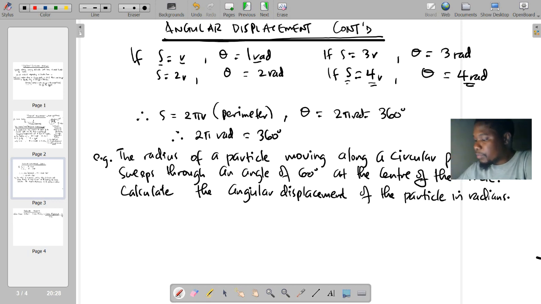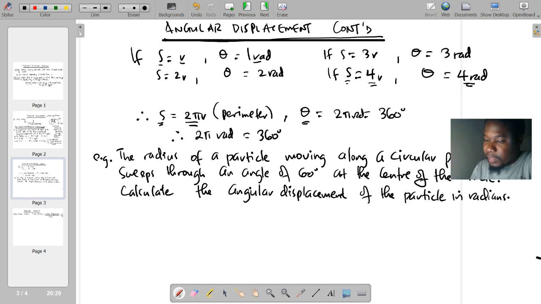But now let's take, we have covered the whole circular path. That means the whole arc of the circle. When we say the whole arc, it means we're talking about the full circumference of the circle. If we have managed to cover the full circumference of the circle, which is 2 pi r, okay? The circumference of the circle is 2 pi r. If we have moved from point A, then back to point A, and the arc length covered is 2 pi r, which is the circumference of the circle, then the angular displacement at that point,